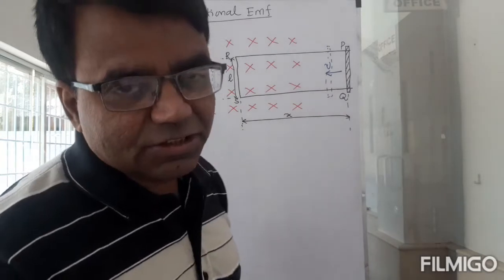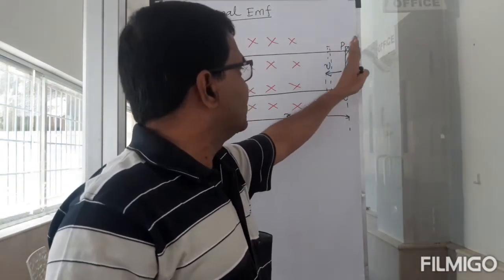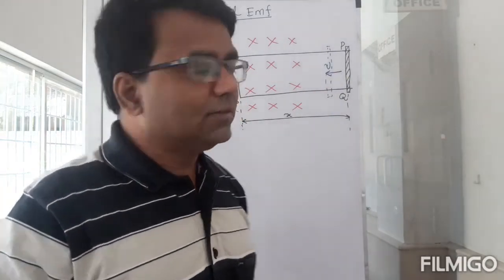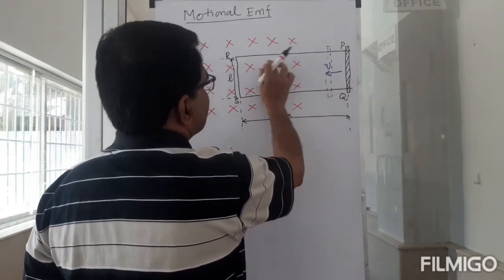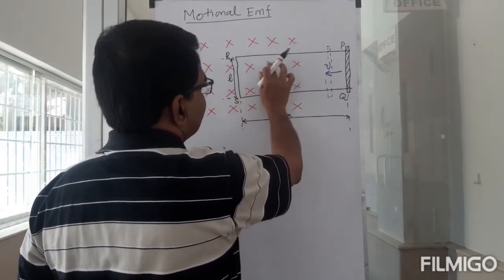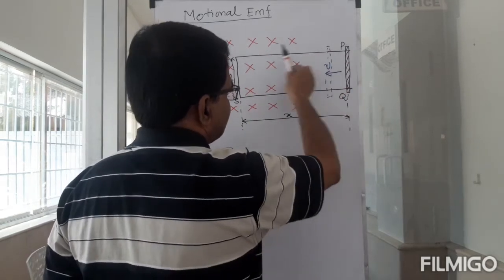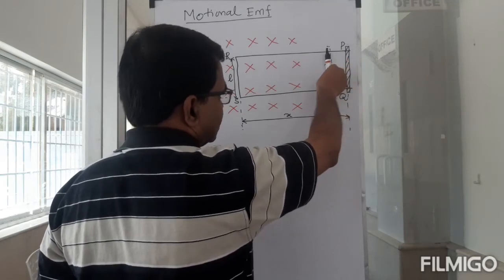Would you have generated an EMF when you brought it from this position to this position? No. Why? Look at the loop. In this loop, these are the magnetic field lines. This is the flux. That's all I have here. As I brought it from here to this position,